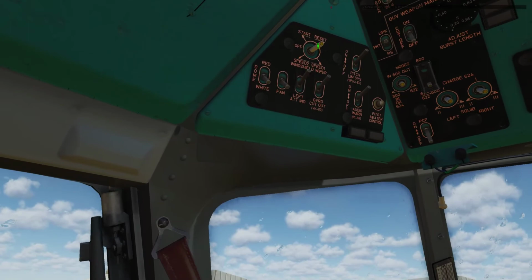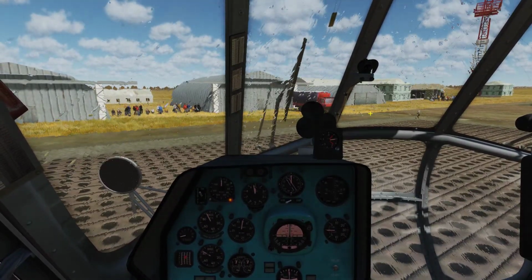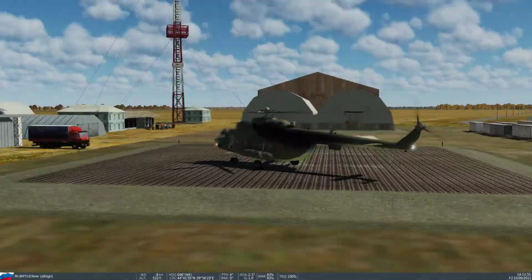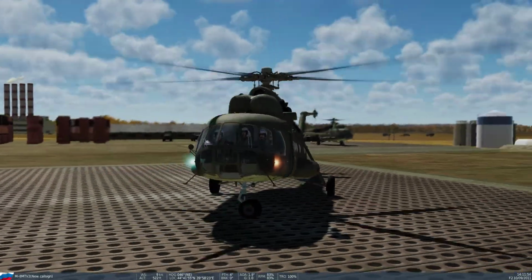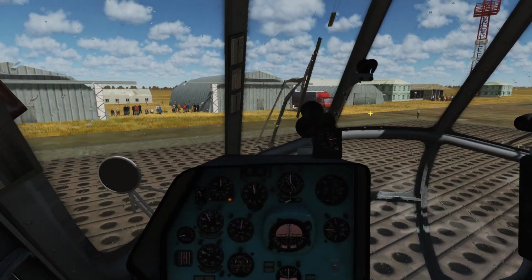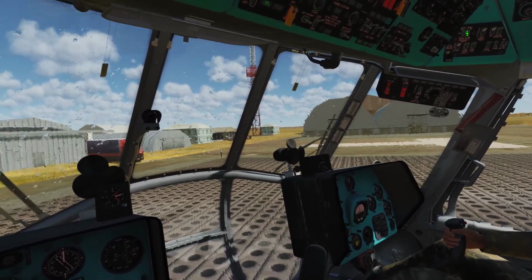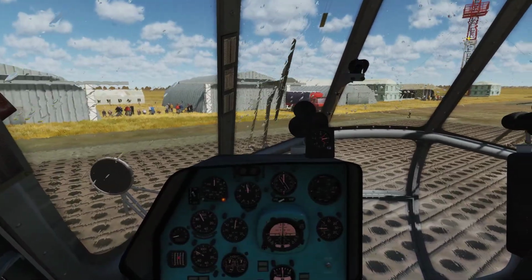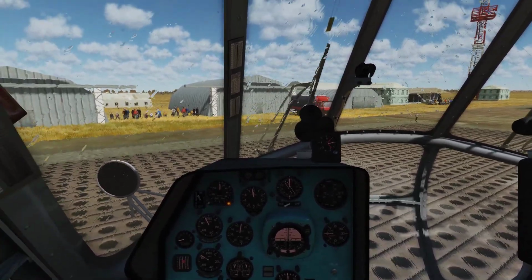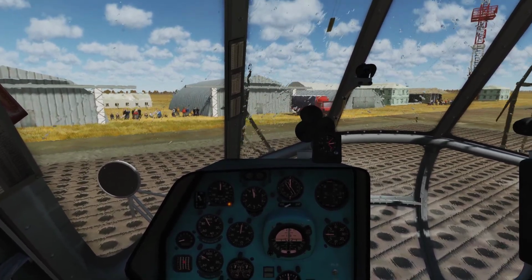Let's take this opportunity to turn on the wipers. Not that they have any effect on the raindrops, unfortunately, but it's cool to have the wipers on anyways. It would be an awesome thing. I know it would probably be really, really difficult for them to model, but it would be awesome if...